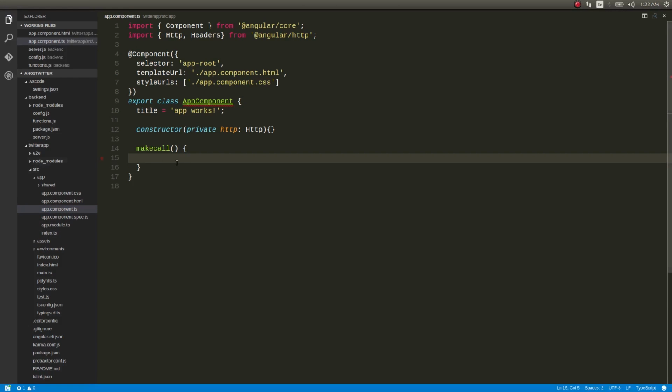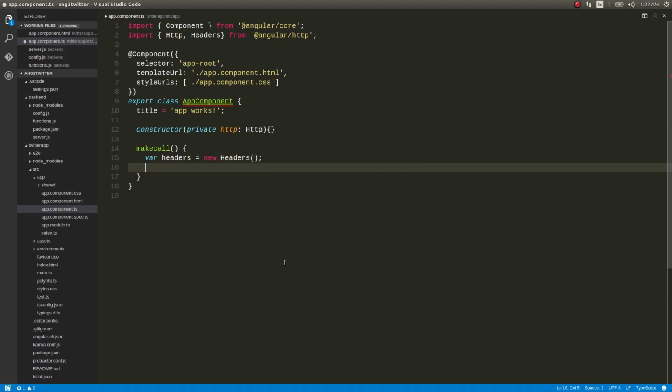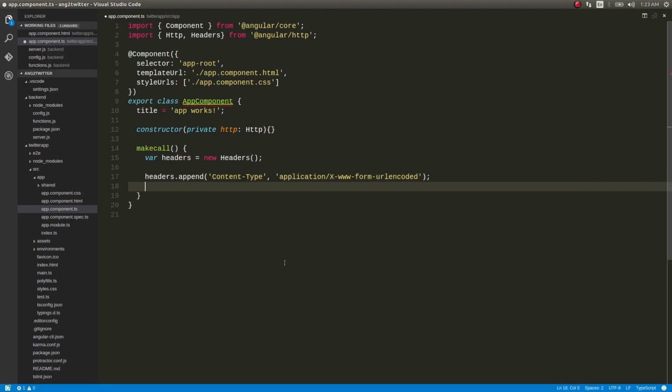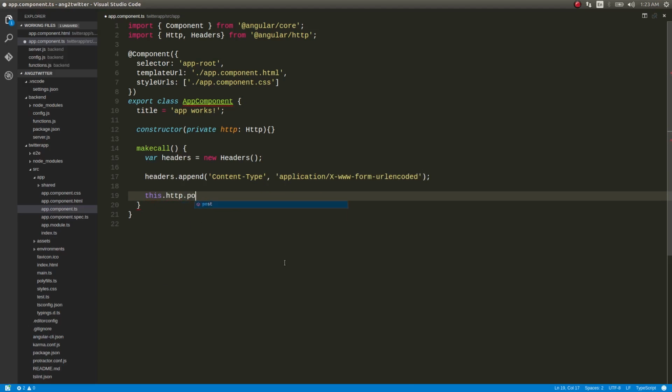So where headers equal to headers, and dot append content type application/x-www-form-urlencoded, and I'll finish this off, and then below this I'll just add this .http.post